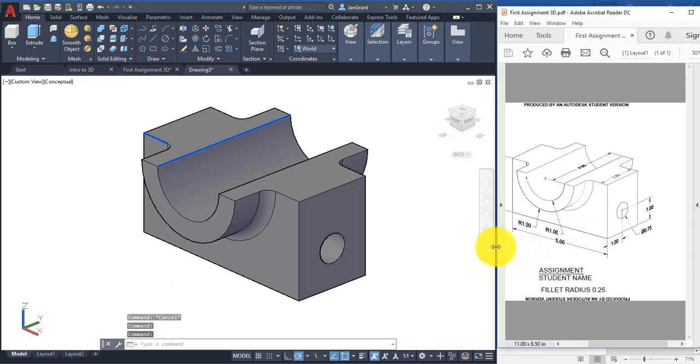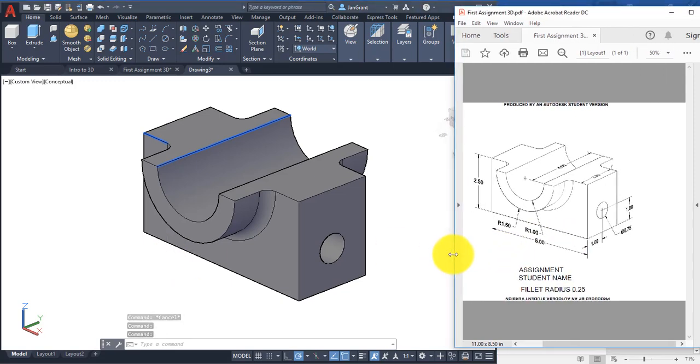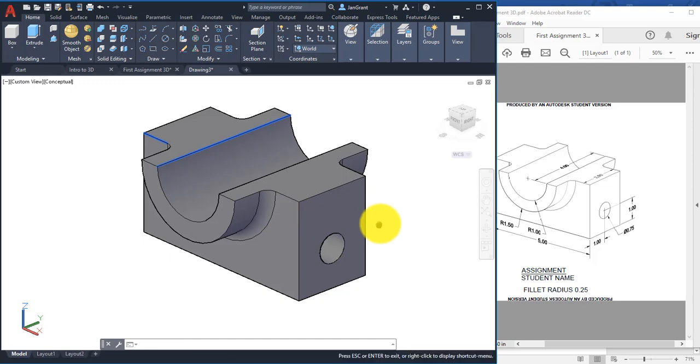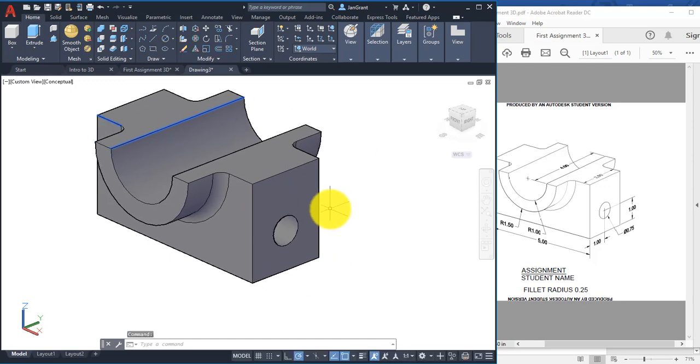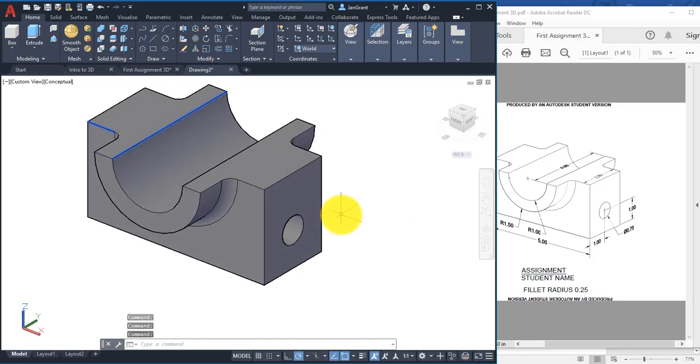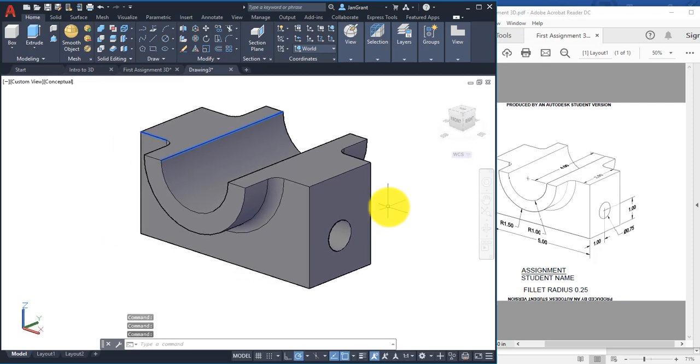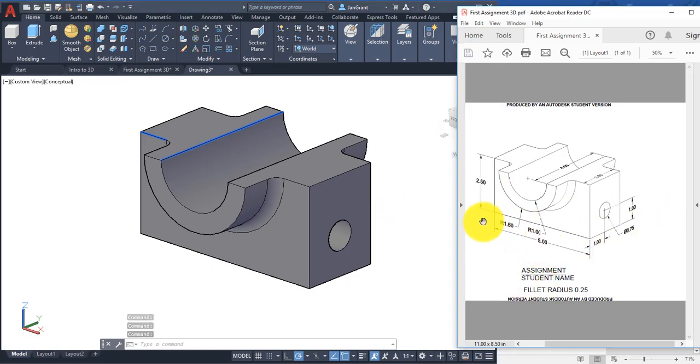And now this is the only assignment so far that we're going to attempt to put dimensions on the 3D solid. It's a little bit tricky, but I think it would be worth knowing how to do this in the 3D space. So find a view that looks kind of comfortable and like what this drawing looks like. And then